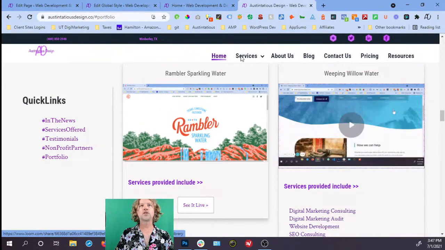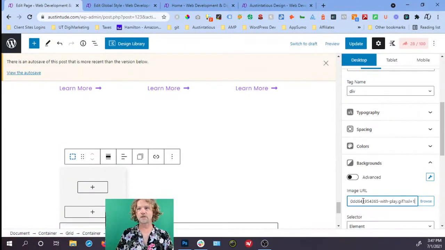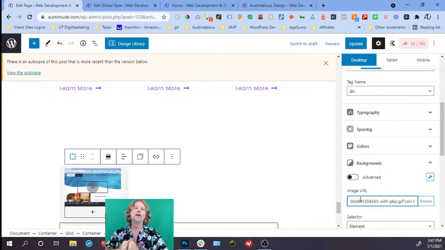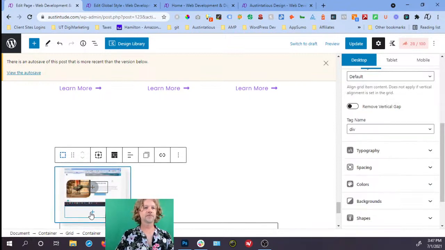Grab the image address, and I can just paste it right there. Look at that. I can use a GIF as a background. Amazing. Okay, so then below that,